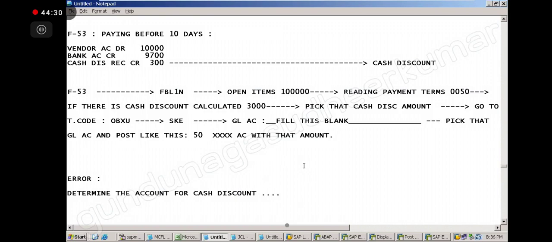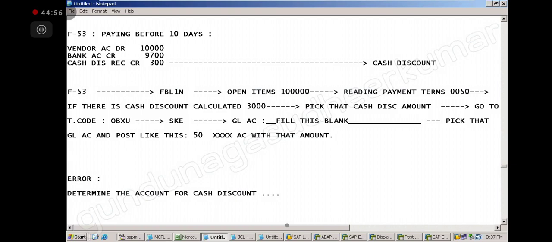I want to create the GL account, assign the GL account, and then show you the entry. That is all we want to do. The point here is a very important point. This is the first time we are starting the main consulting, the fundamental responsibility of an FI consultant. This is the first role of an FICO consultant.